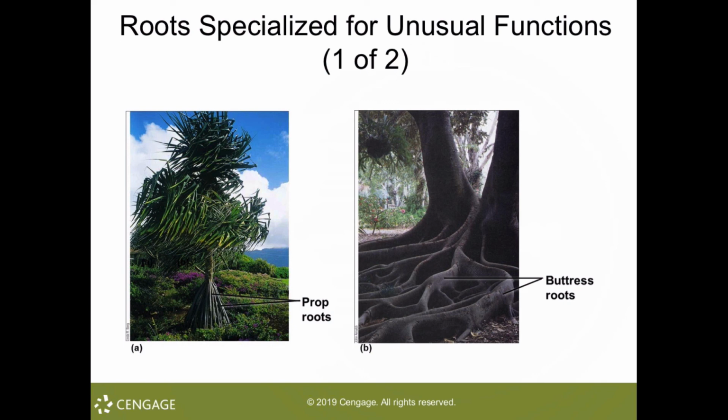Prop roots are adventitious roots that develop from branches or the vertical stem, and they grow downward into the soil to help support the plant in an upright position. Prop roots are more common in monocots than dicots. So we find prop roots in corn and sorghum, both of which are monocots and are herbaceous plants that produce prop roots. And there are many tropical and subtropical dicot trees, such as the red mangrove, which also produces the prop roots. And that is what you all see here in figure